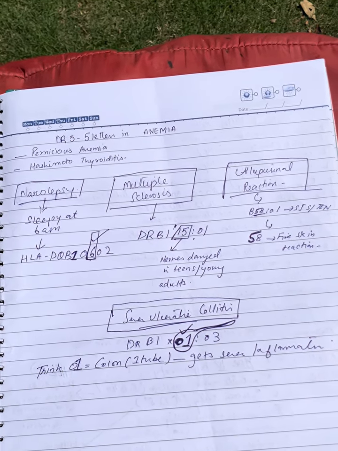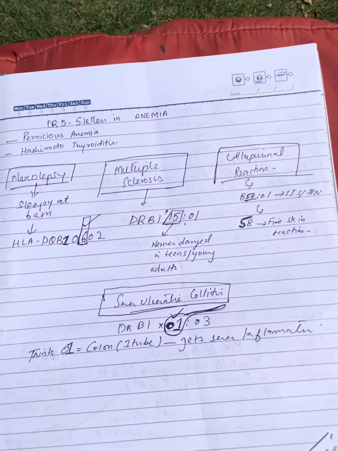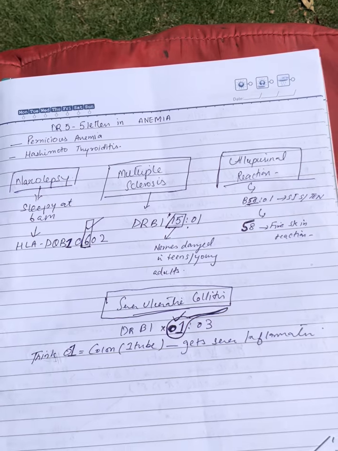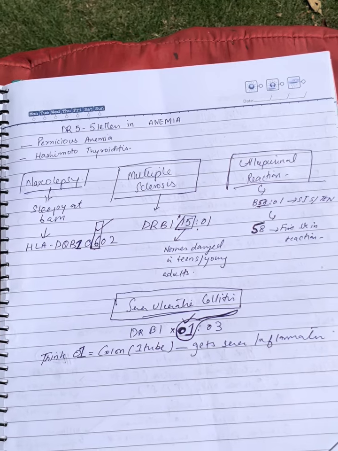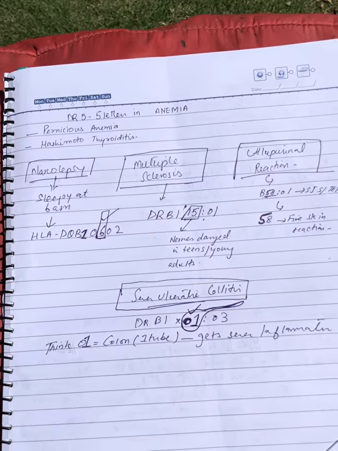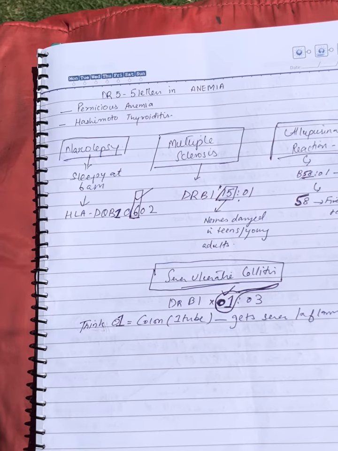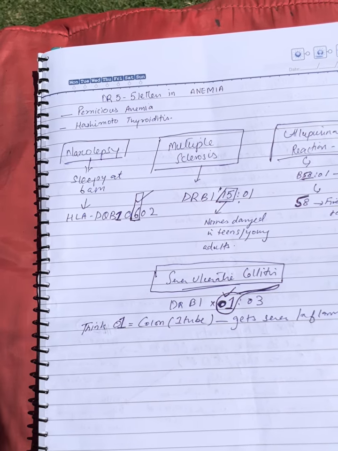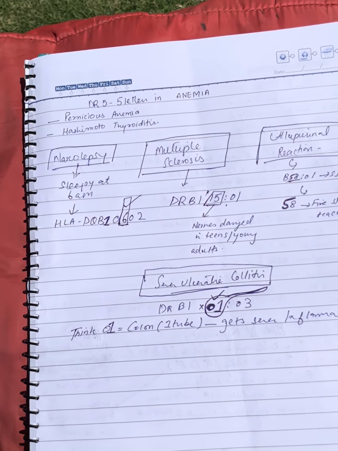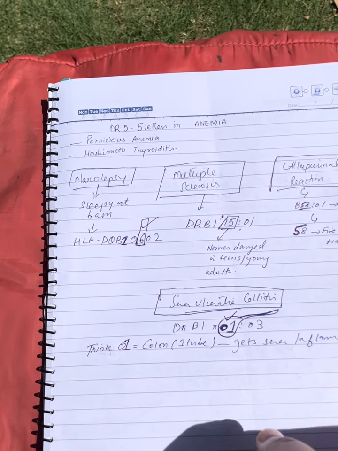Then there is the allopurinol reaction. The allopurinol reaction is associated with HLA-B*58:01, a fiery skin reaction. Allopurinol can cause TEN and SJS, Stevens-Johnson syndrome and TEN. So the allopurinol reaction can be remembered by the mnemonic B5801. Then the last is ulcerative colitis, DRB1*13. The colon is like one tube, and you can remember it as one tube that gets severely inflamed. So these are some different things, but they are easy to remember by the mnemonics that we have discussed.